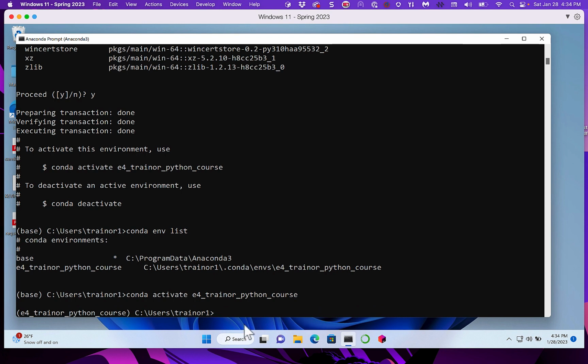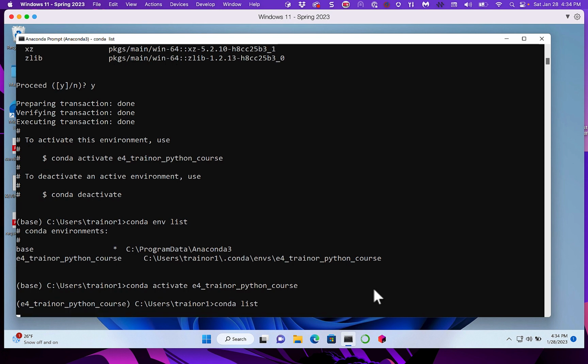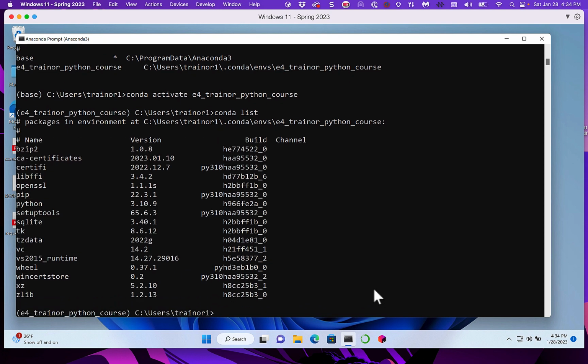Okay, and you see it come up on the left-hand side in the prompt. So how do we find out what packages are in that virtual env right now? Well, we can use the list command, conda space list. Okay, and you can see that we've got, among other things, Python 3.10.9, which is just what we want in the spring